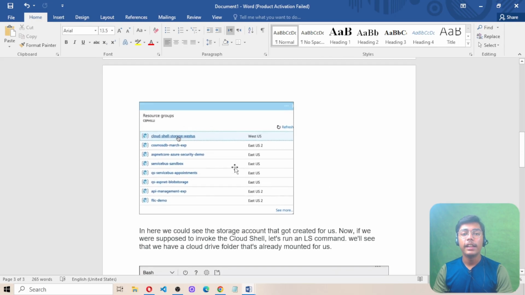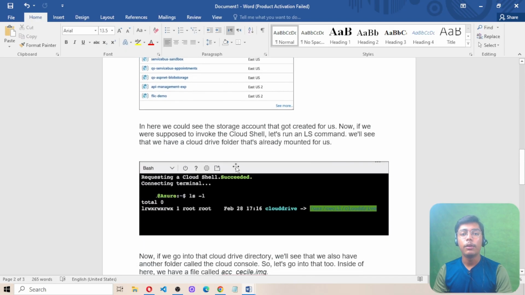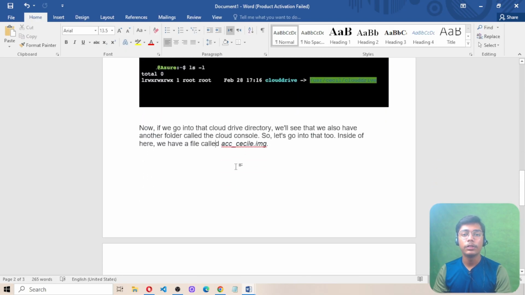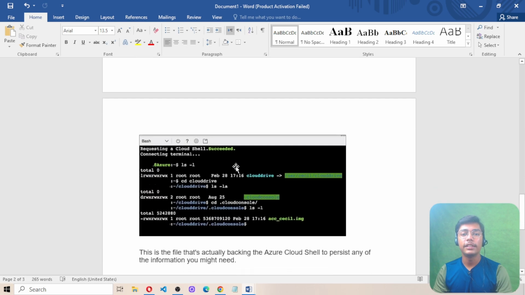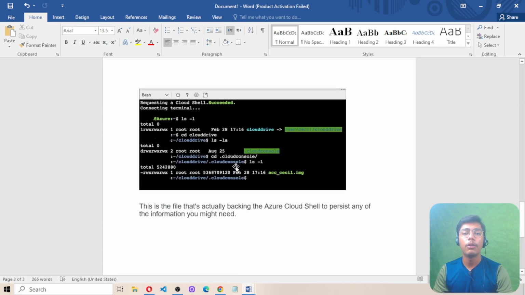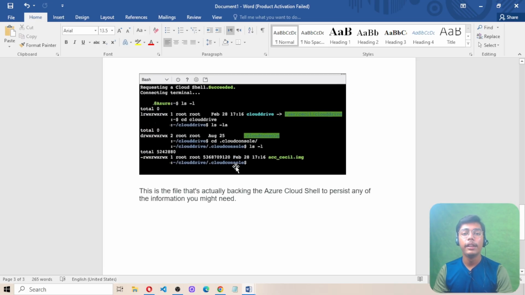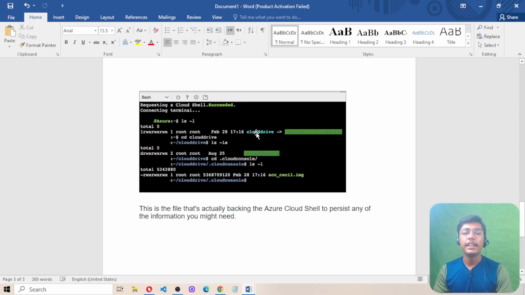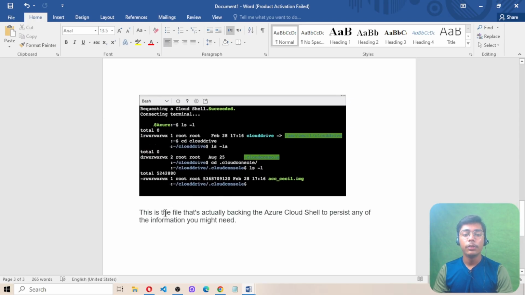because normally we call this Azure PowerShell, but many people call it Azure Cloud Shell because we use Microsoft Azure as a cloud platform. So obviously if we are using any PowerShell like thing, it will also be called a Cloud Shell at the top. So that's the reason why we say this PowerShell as Azure Cloud Shell here. So this is the file that's actually backing the Azure Cloud Shell, and it is backing it